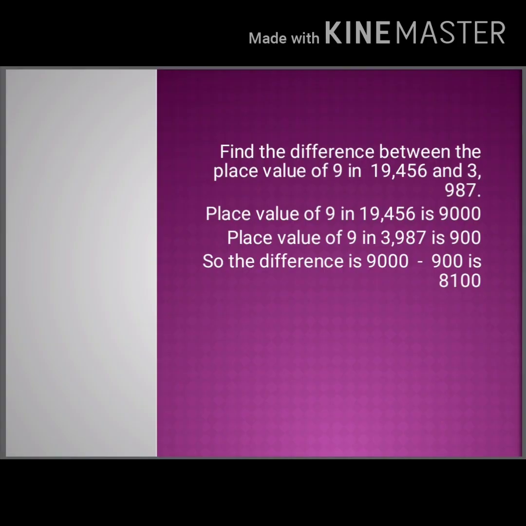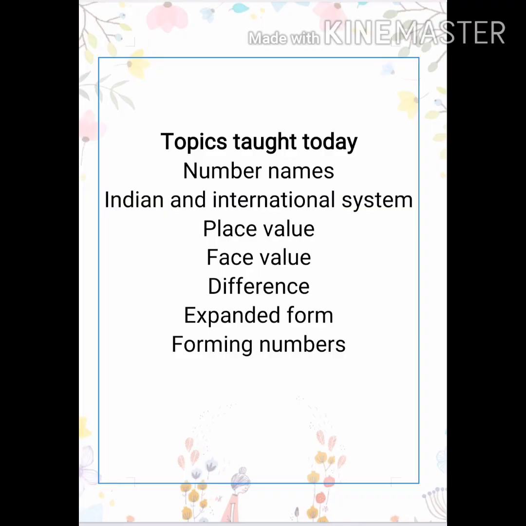So I think you are clear with all the topics like writing number names in the Indian system and international system, writing in expanded form, and if the expanded form is given, how to write the numerals, framing the greatest and smallest 4-digit number with the given digits. The same rule will be applicable if they ask for framing a 5-digit number or a 6-digit number or a 3-digit number, whatever it is, the same rule. Next, how to find the difference between the place values at certain places of the given numbers, and what is a place value and what is the face value.